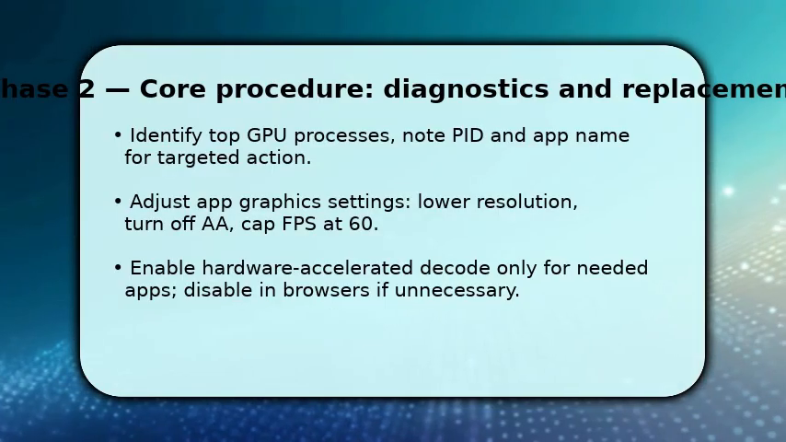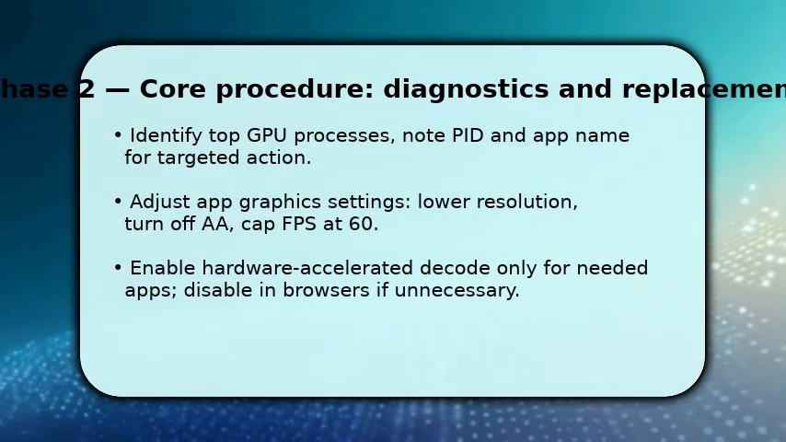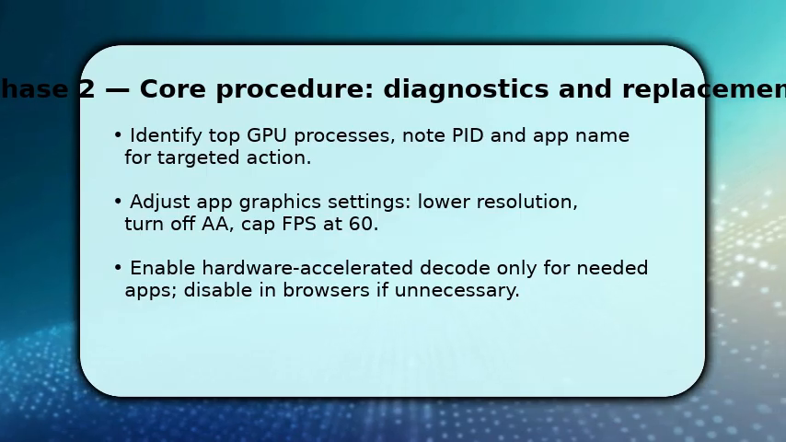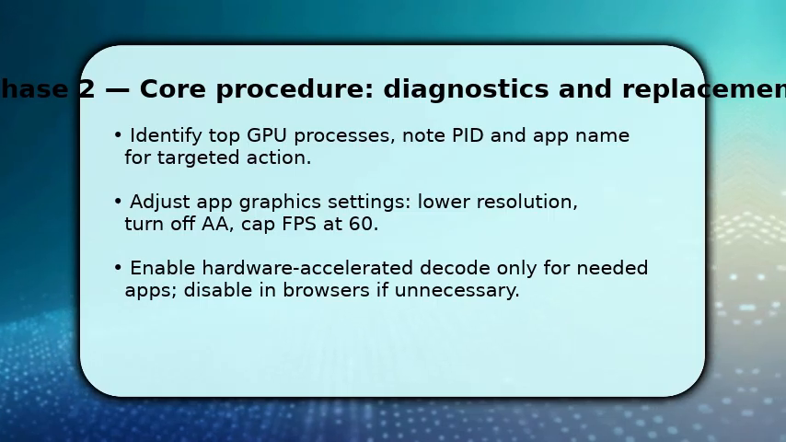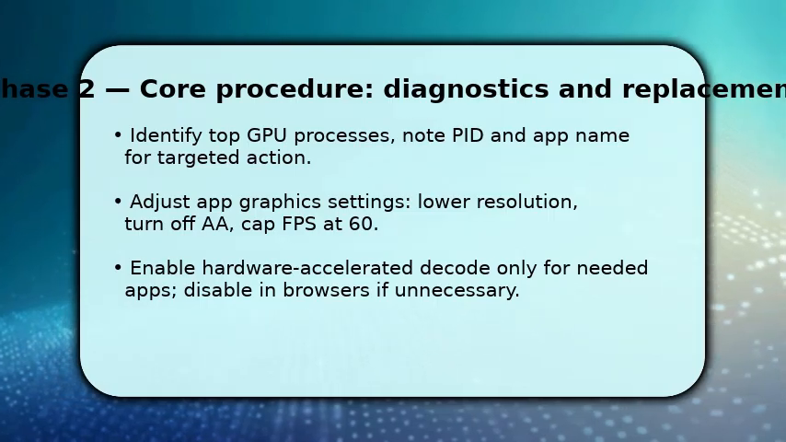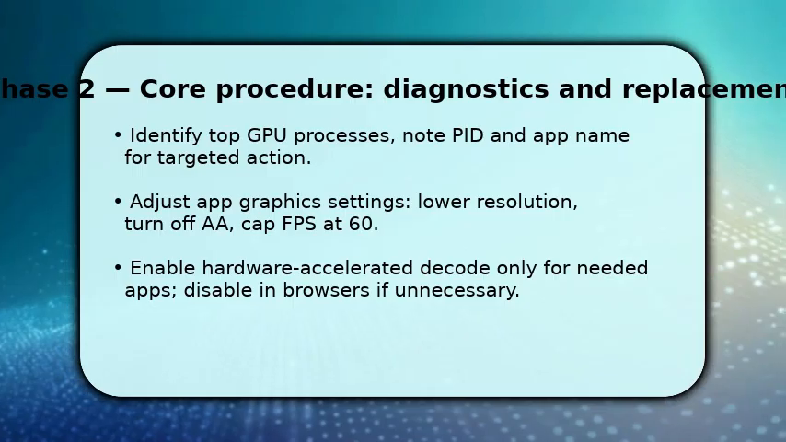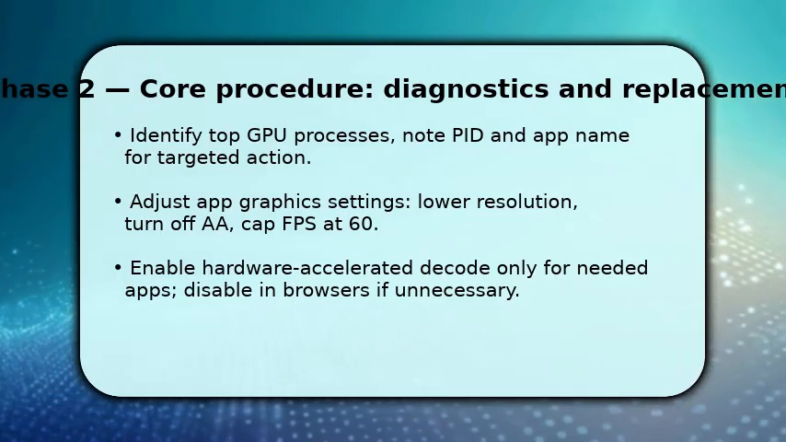You now dig into the middle of the process. Find the top GPU consumers and decide whether to throttle, reconfigure, or terminate them. Use app settings to reduce workload, lower resolution, disable or reduce anti-aliasing, and cap FPS at 60 or another realistic